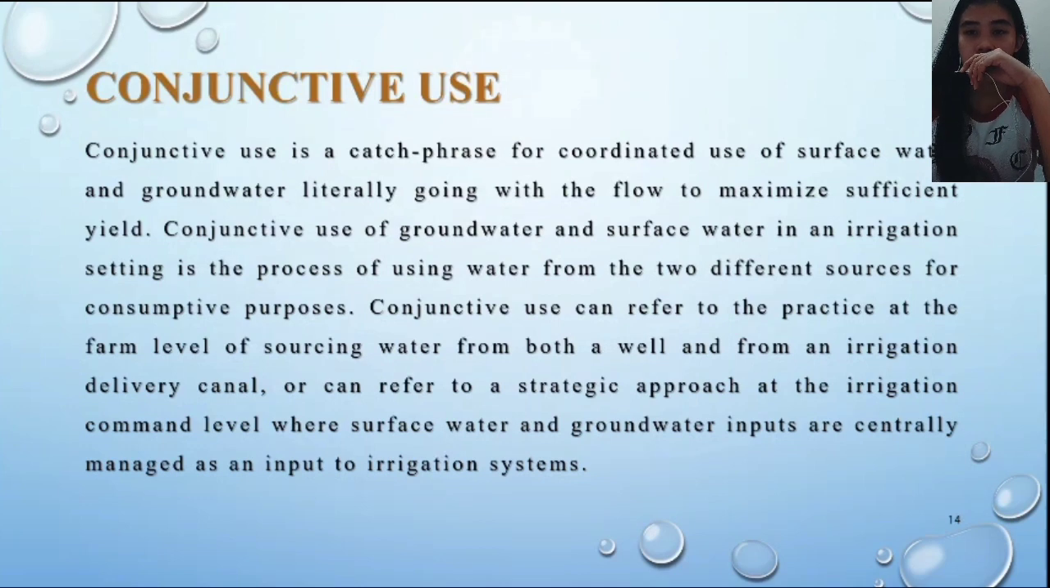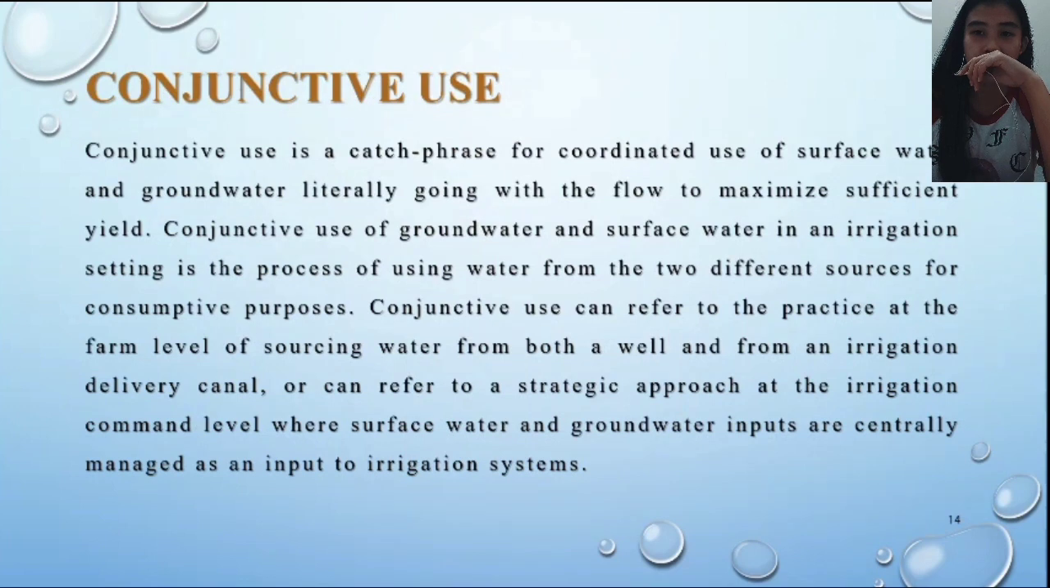Conjunctive use. Conjunctive use is a catch-all for coordinated use of surface water and groundwater, literally going with the flow to maximize sustainable yield. Conjunctive use of groundwater and surface water in an irrigation setting is the process of using water from the two different sources for consumptive purposes. Conjunctive use can refer to the practice at the farm level of sourcing water from both a well and from an irrigation delivery canal, or can refer to a strategic approach at the irrigation command level where surface water and